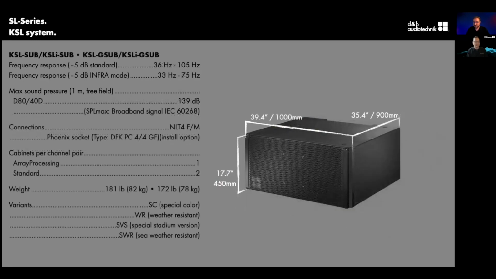The KSL sub then also comes with a KSLi sub. Once again, the I meaning the install variants. So we could see that there's the flyable and ground version for that. This is specifically going to be designed to help us support with installations where flying the subs maybe in an array is something that's appealing to us, right? Where we have that above the physical array, not a separate array. And the KSL sub is just perfect to be able to complement the KSL as it's the same size there.